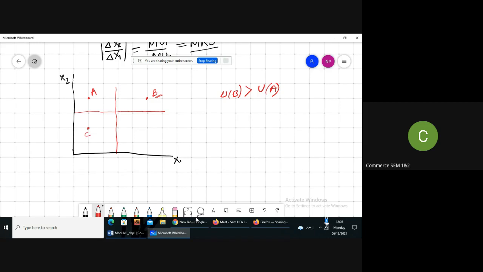Now take a point C here. এখানে ইউটিলিটি কোনটায় বেশি হবে কোনটায় কম হবে? Compare between two points, point A and point C. স্যার সিতে কম হবে, এ তে বেশি হবে। তাহলে পয়েন্ট সি আর পয়েন্ট এ কখনো একই ইনডিফারেন্স কার্ভে থাকতে পারে না। তাহলে ভার্টিক্যাল স্ট্রেট লাইন এরকম ইনডিফারেন্স কার্ভ হতে পারবে না। এই ধরনের হরিজন্টাল স্ট্রেট লাইনও ইনডিফারেন্স কার্ভ হবে না।